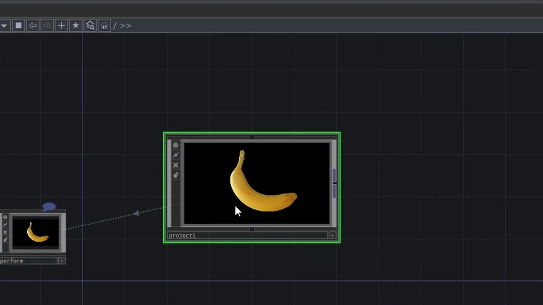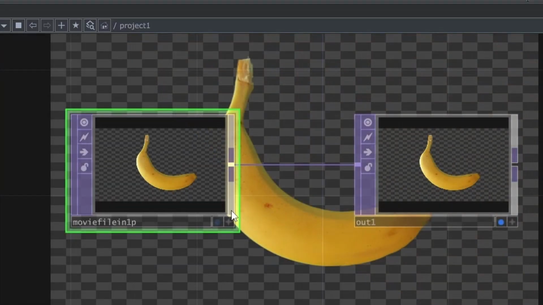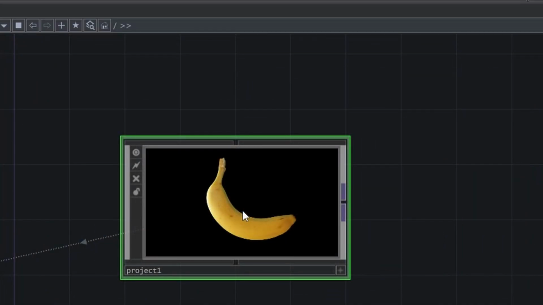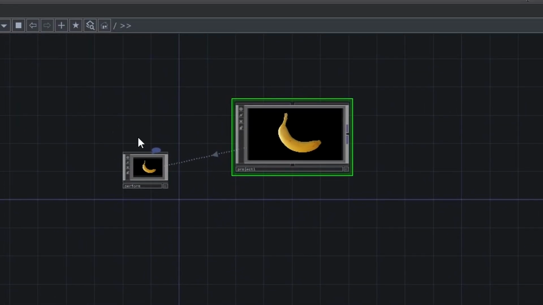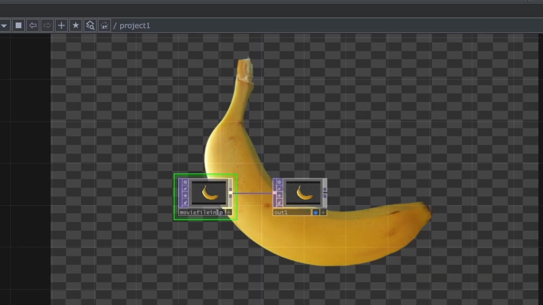One other thing I'll tell you is that if you zoom in, it will enter into that thing. And if you zoom out, it'll go out of it. I suggest you never do that because it can be quite confusing. Double click instead, and that'll be much more manageable. Okay,